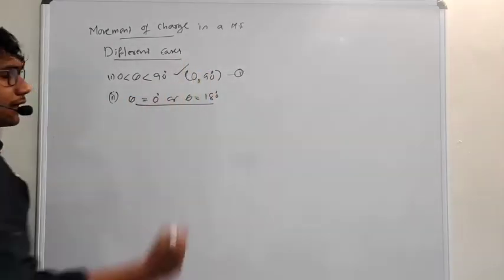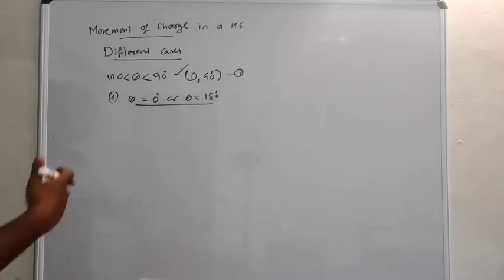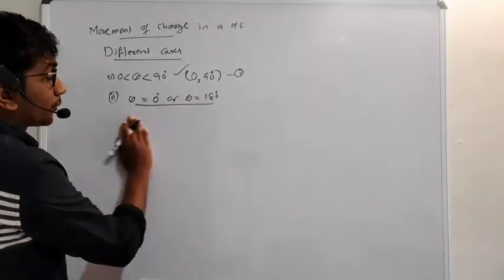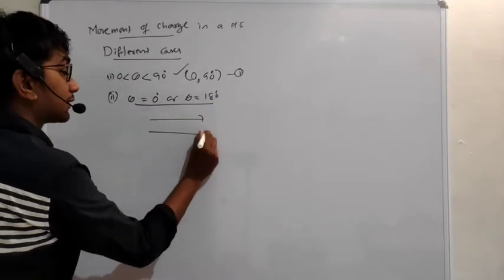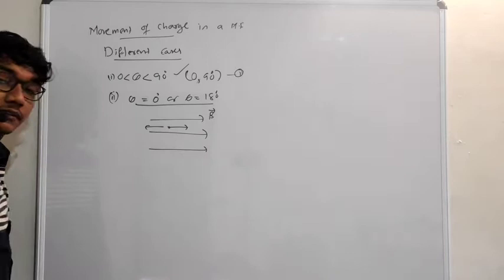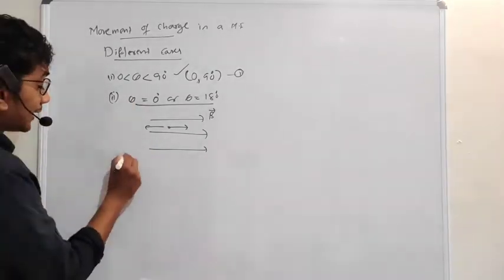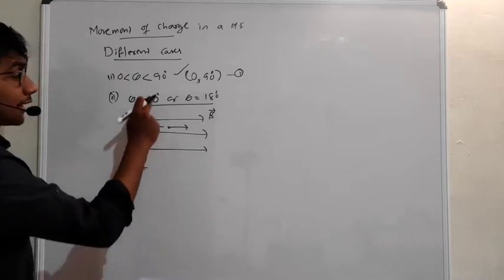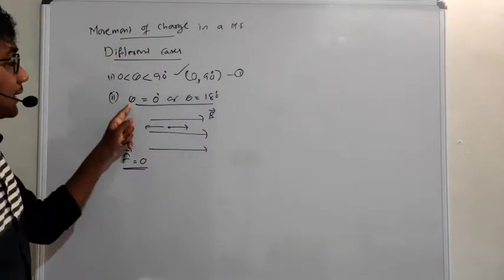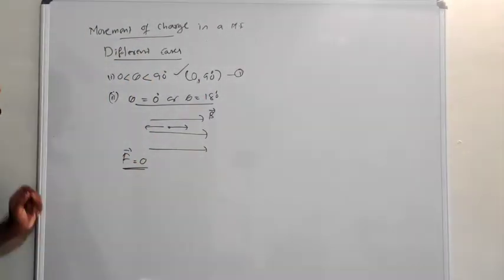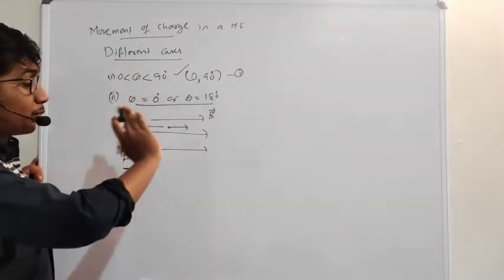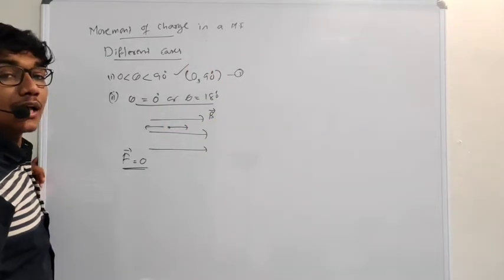This is like some extra portion. I will discuss that. Look at this. If theta is equal to 0 or 180 degrees, the magnetic field is in this direction, and the charge is also moving in the same direction or in the opposite direction. Mathematically, I can say that F is equal to 0. Why? Sin 0 is 0, and sin 180 is 0. So there will not be any force acting on that particular charge if it moves parallel or anti-parallel to the magnetic field.